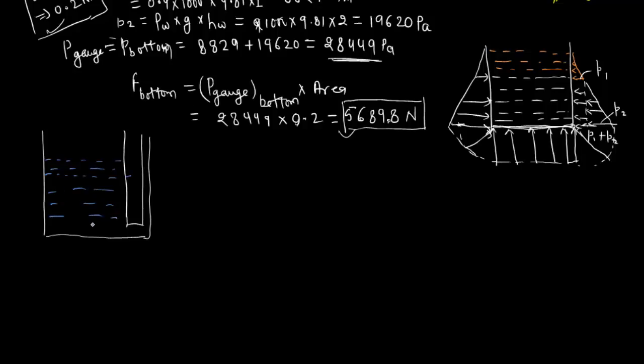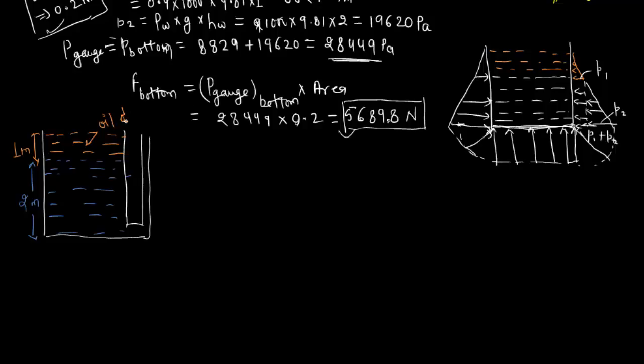This is maintaining 2 meter of height. This is 2 meter, and the remaining is oil, and let this be 1 meter. We are saying this is 1 meter, so this is oil